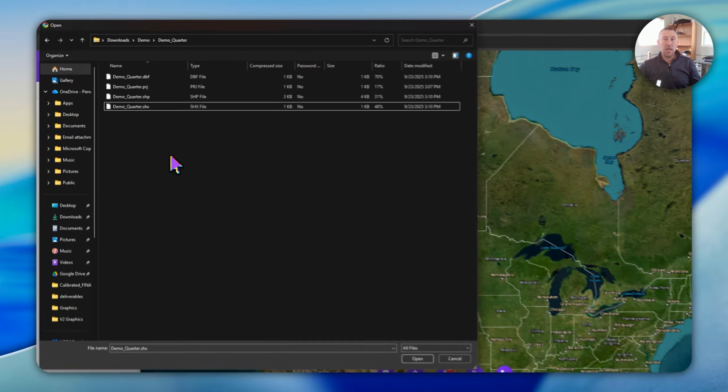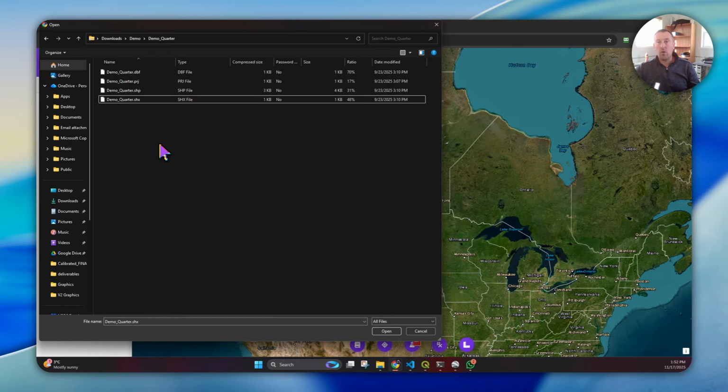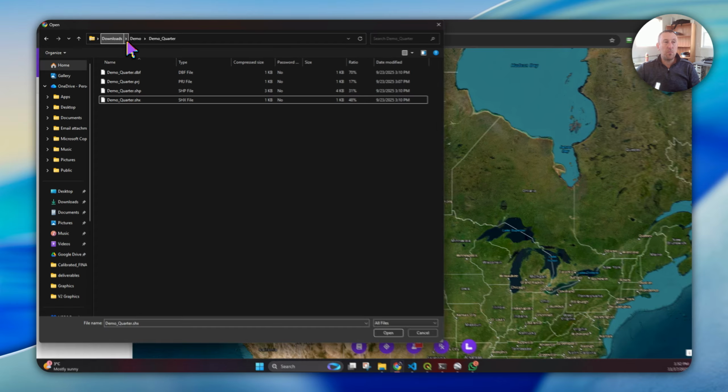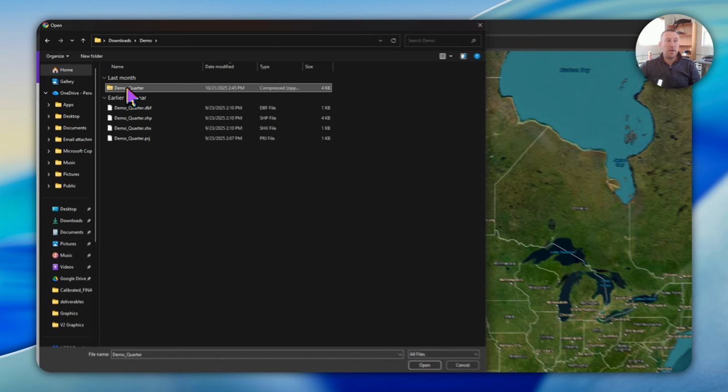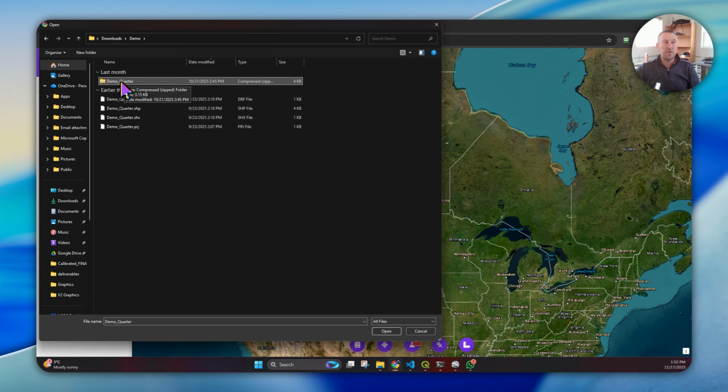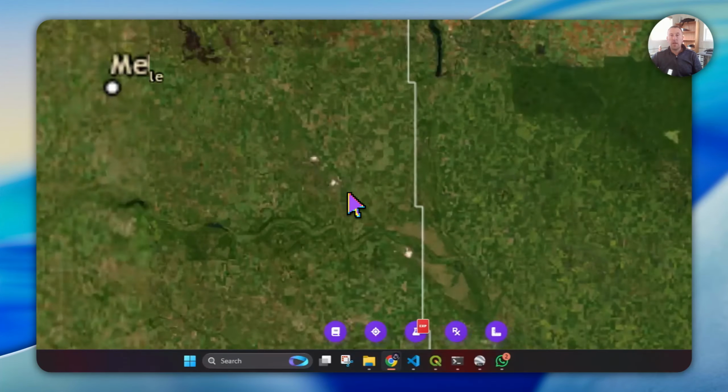And these need to be in WGS84 lat long coordinate system. So if you export it out of any precision ag software, any platform, that's the coordinate system they'll be in. Don't worry about it. But just make sure that you zip them all up inside a zipped file. So it looks something like that. And then you're going to open that